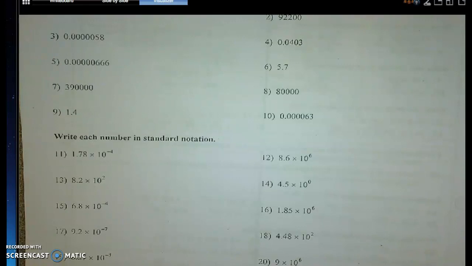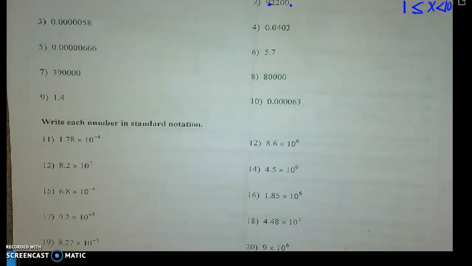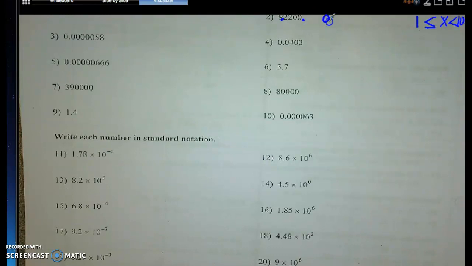So looking at number 2, when we don't see the decimal, it's always at the end of the number. So our goal is that we have to move the decimal over to where we're going to end up with a number that is 1 or bigger and less than 10. So that means that number has to be greater than or equal to 1, and it has to be less than 10. So when we do that on number 2, I move my decimal, and so that's going to leave me with